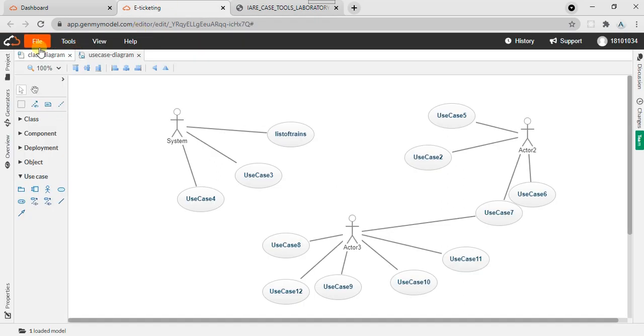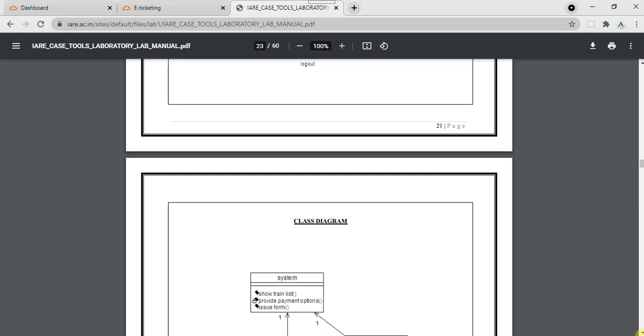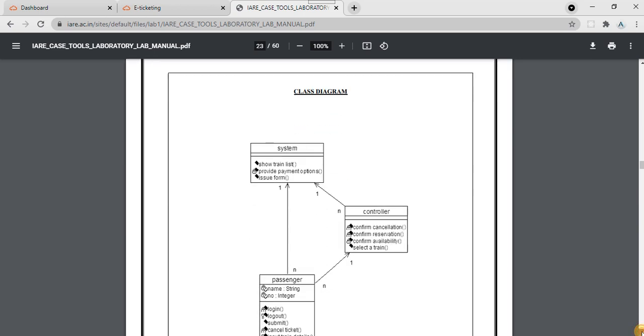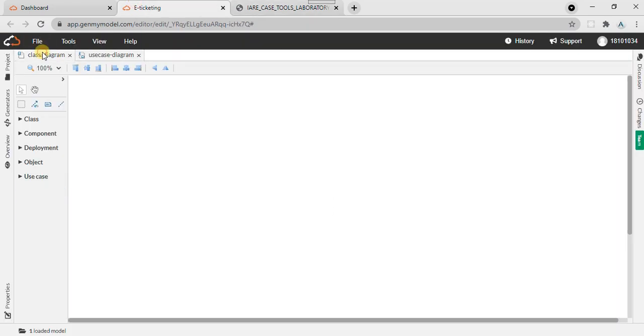Let's create the next diagram. I will show a demonstration for class diagram. For class diagram we can use the tab called class. Here you can see create a new class. If you hover over the components, it will automatically show the title of what it will do. Here you can see the second object will create one new class.